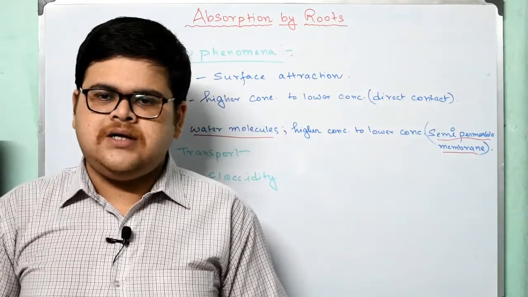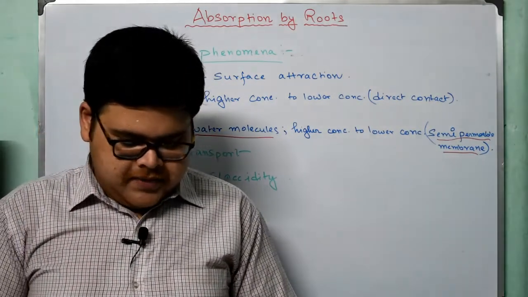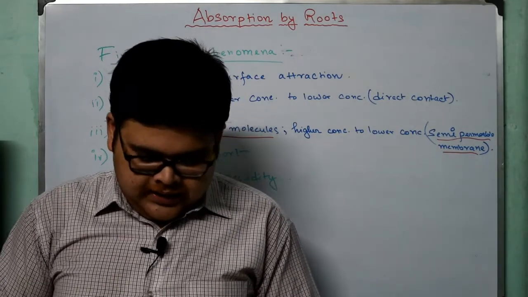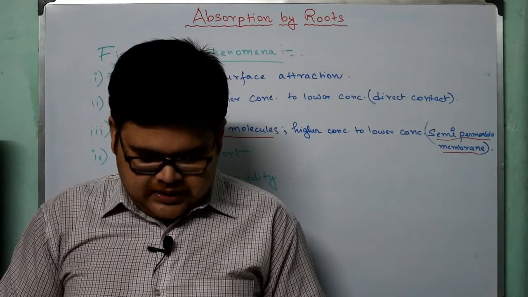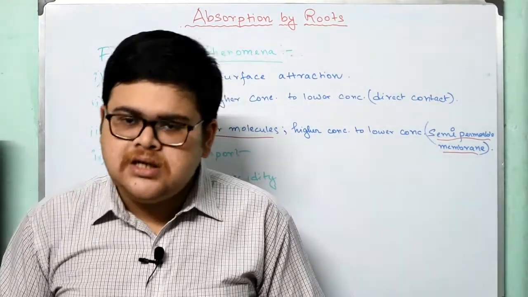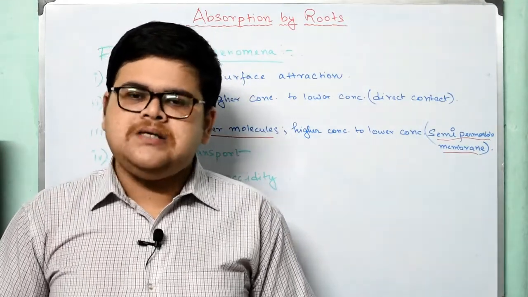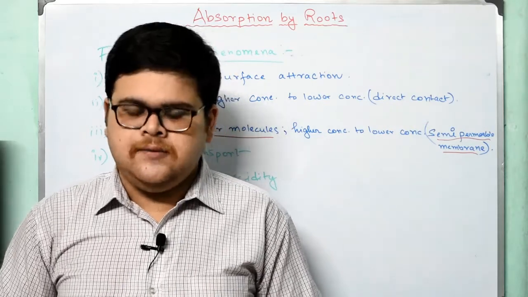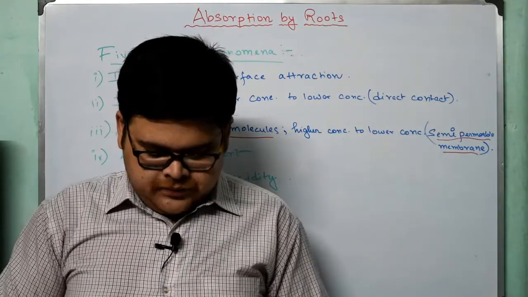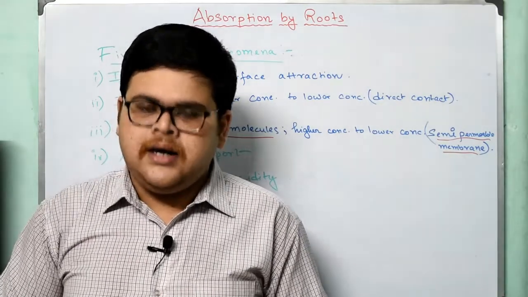Now I have already told you about isotonic; what is tonicity? We will be learning about this. The relative concentration of the solution that determines the direction and extent of diffusion is called tonicity. That is, how much diffusion will occur and in which direction. Will it be inward or will it be outward? This particular thing is known as tonicity. Based on this, the solution can be of three types: isotonic, hypotonic and hypertonic. So what are they? We will be learning about this.